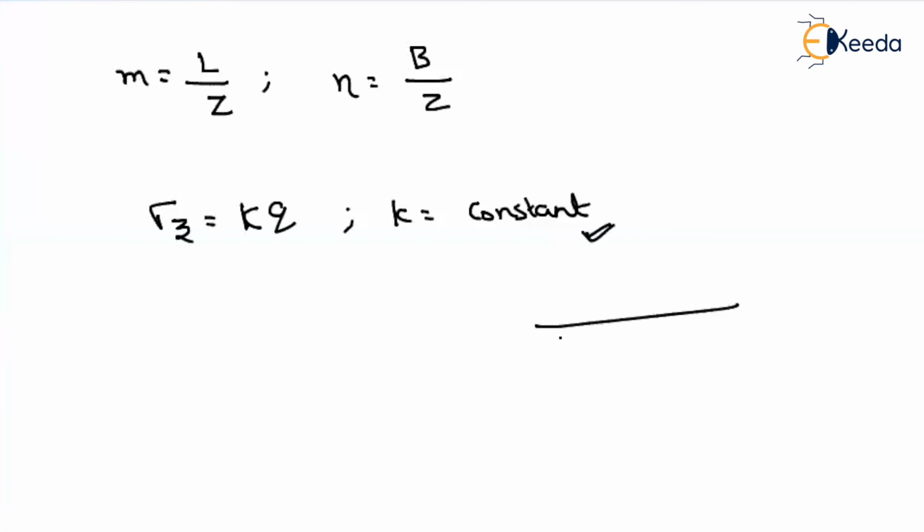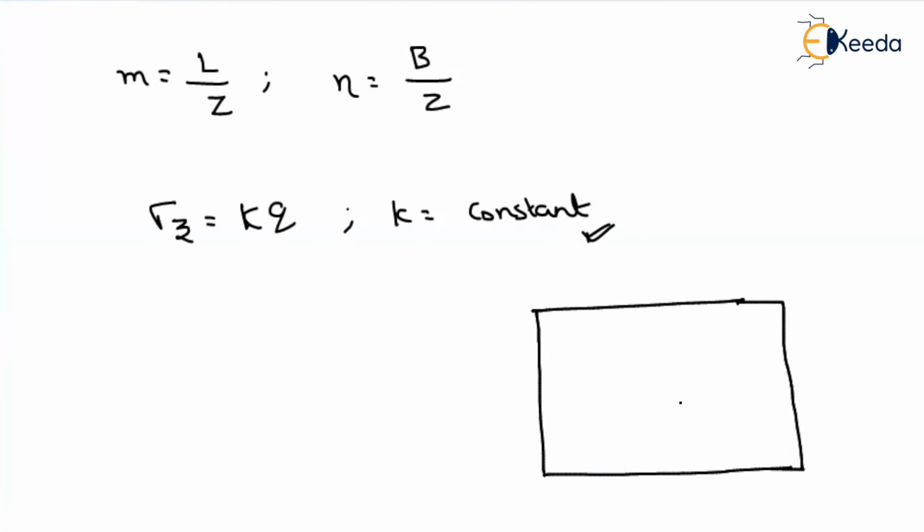Let us consider this rectangular area. I'm not showing it in 3D, I'm just showing it in 2D, having dimensions B and L. On this rectangular loaded area, I want to find the stress at somewhere like this. Instead of at the corners, I want it at some point. Can you tell me how I can do it? If I want to use the above formulation, I cannot. But how can I find the stress in between the loaded area? So we will just use some logic here.